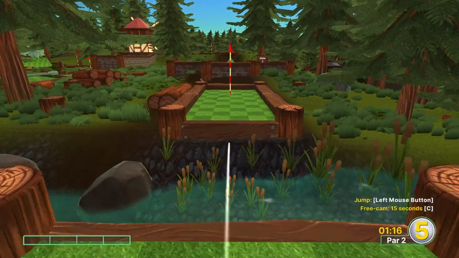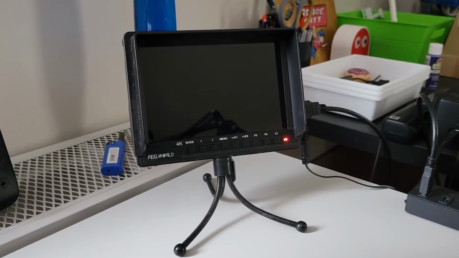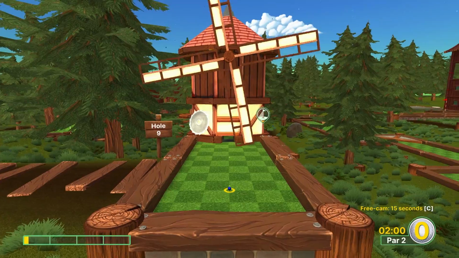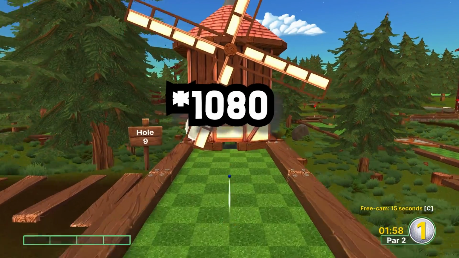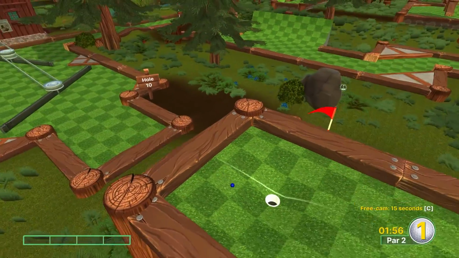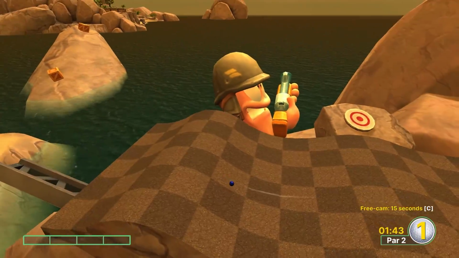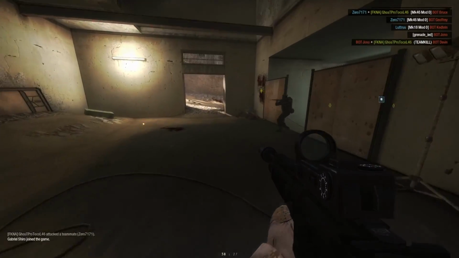have any kind of second monitor, I'm literally using a field monitor here that is maybe 8 by 6 inches. It's 1920 by 1080 resolution, but it is very small, but it's just enough so I can see that the game is actually recording. I'm going to show my settings here in a second, but if you have a 144